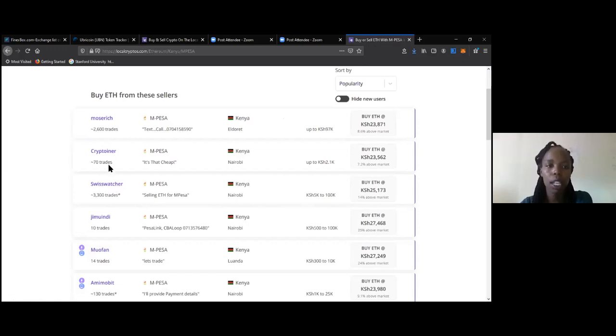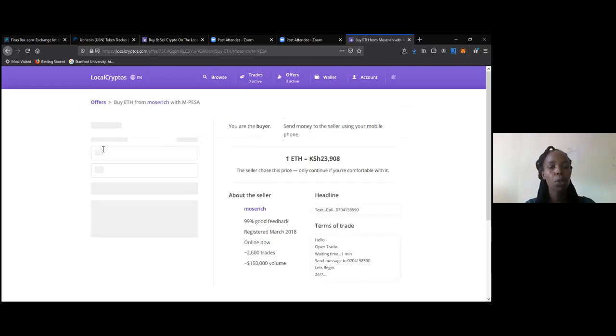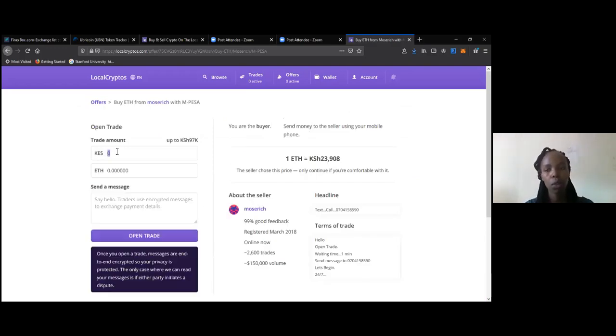And when you are settled on who you want to buy from, you just click on where it is written buy ETH and the amount of money that you want to spend. From there, you have an option to say how much you want to spend on buying ETH. I can say I want to spend 30,000 Kenya shillings, and that will amount to 1.25 ETH. So after I say how much I want to spend,